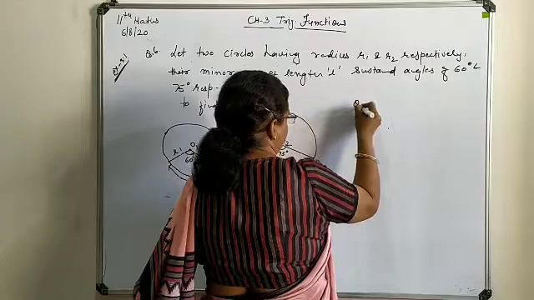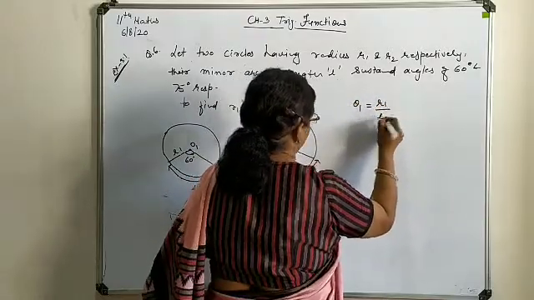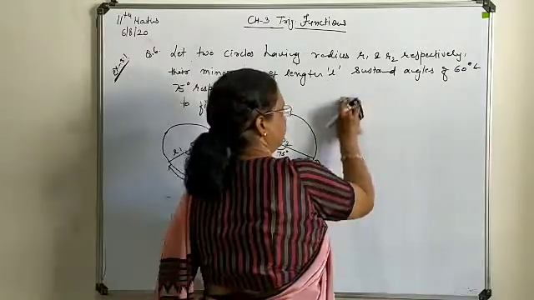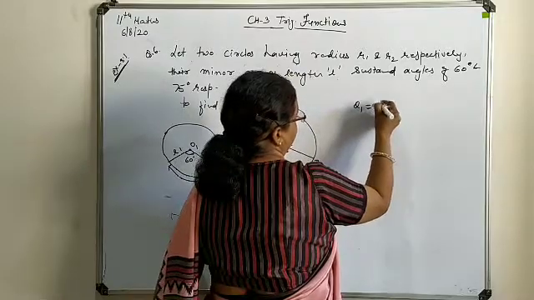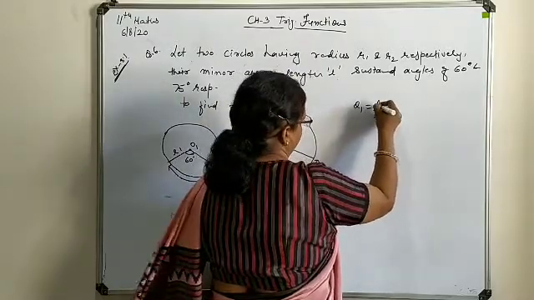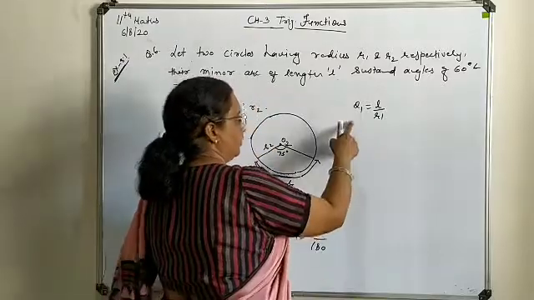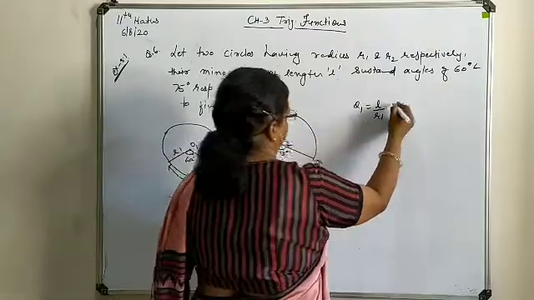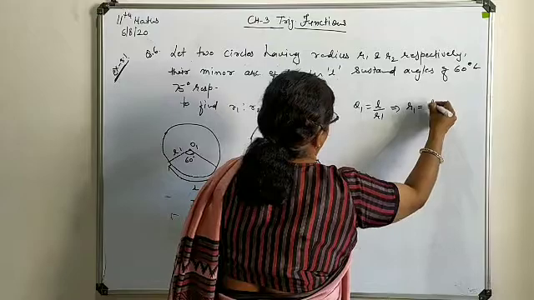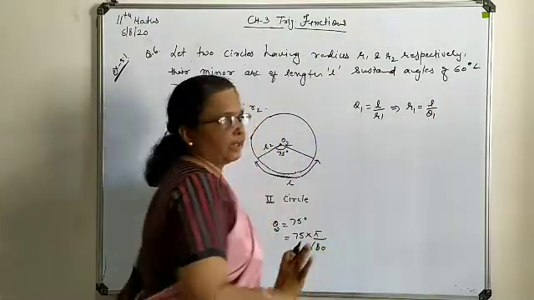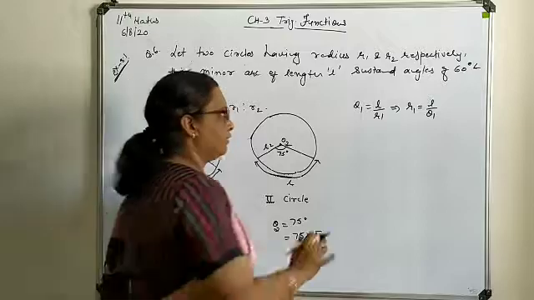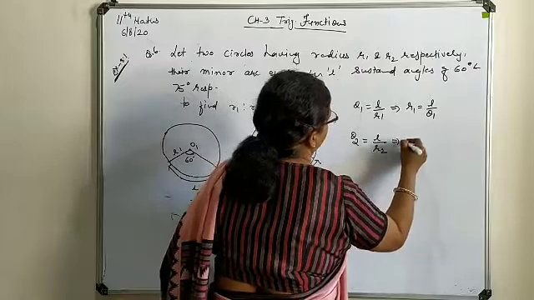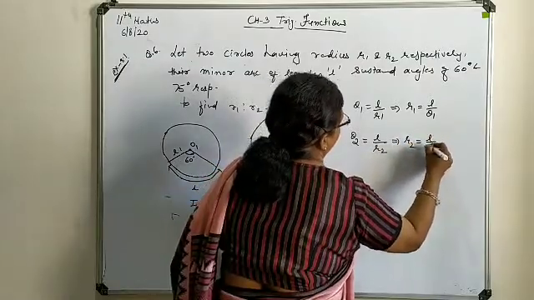So here first of all we will define the theta 1. Theta 1 is equal to L upon R1, arc length upon radius. Now here we can substitute the value of theta 1 over here, and R1 you can separate out, or you can say R1 you can write as L upon theta 1. Just now we are keeping as such, afterwards we will substitute respective value. Second thing, theta 2 you will write as L upon R2. So from here R2 will be separated out as L by theta 2.